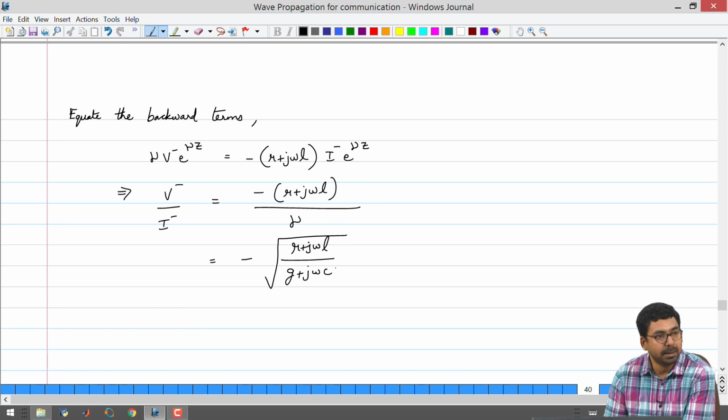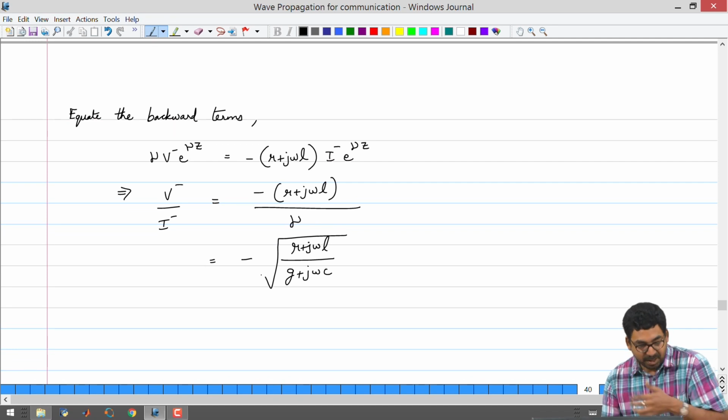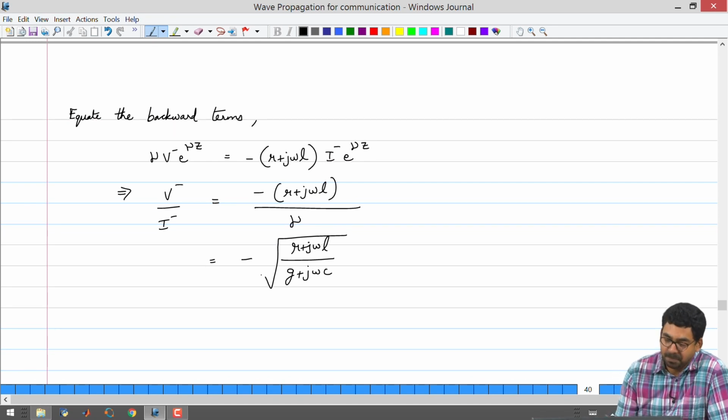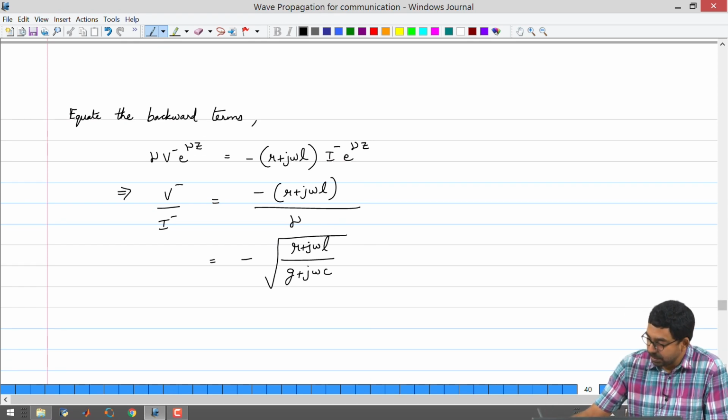So, the characteristic impedance is negative because you are taking the backward voltage divided by the backward current. However, the characteristic impedance as we conventionally denote in all the problems that we will be solving will have only positive values, but you should be aware that if you are measuring backward voltage divided by backward current, it is not unusual to get negative characteristic impedance, because it signifies the direction of energy transfer. Now, once that definition is clear, then we can go for the derivation of the standing wave ratio.